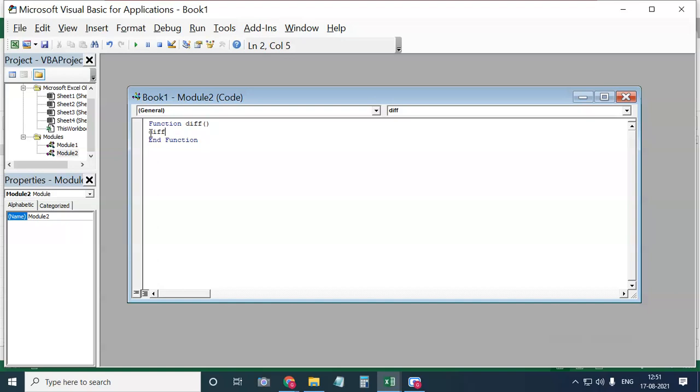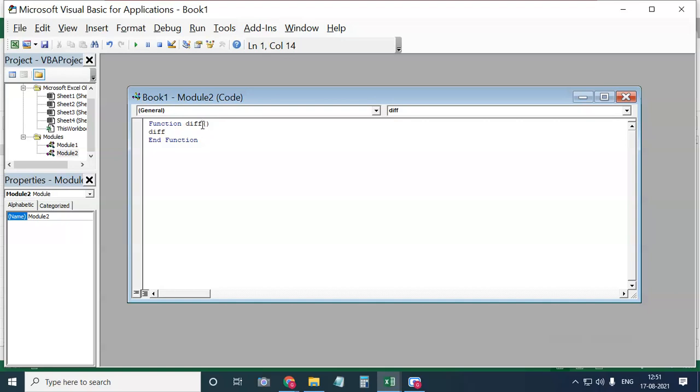We have to find the difference between two numbers, 50 and 40. In an Excel sheet you can do that easily without coding, but we are using Visual Basic, so with the help of coding only we are going to perform that. So I want to find the difference between two numbers, and I took Difference as the function. It is not that you have to take only this name. You can take any function name which you want to write.